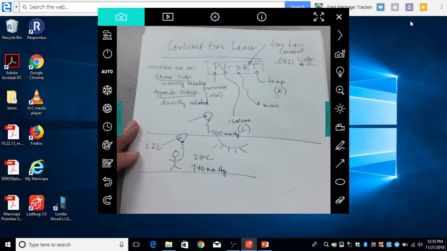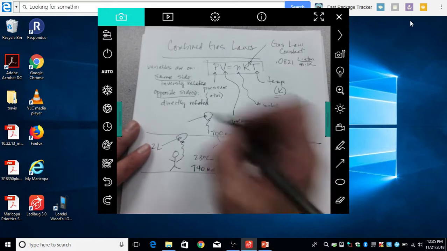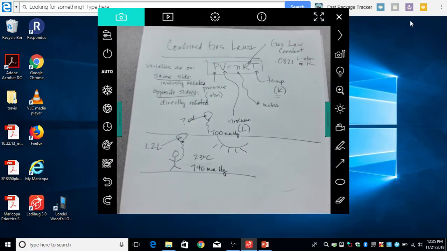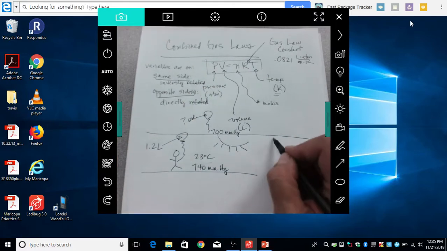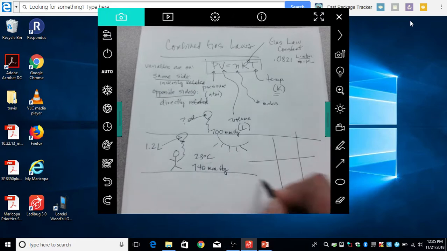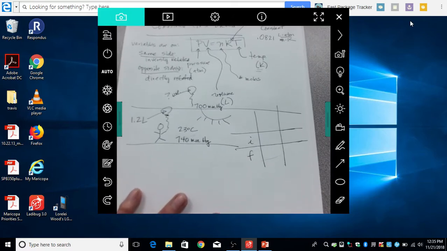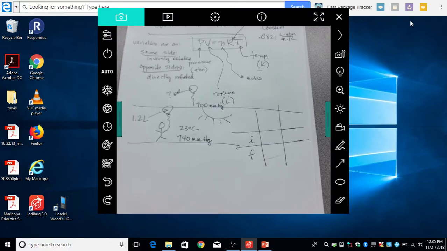And I want to know, what's the new volume? Because it's going to change. All right? So my advice is always to set up a grid. And I do this with all gas law problems. I have initial and final values. You can just make like a tic-tac-toe. And then you isolate the variables in question to organize things, right? This is physics, once again, taught me this.